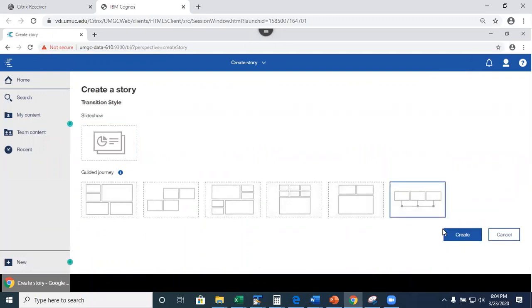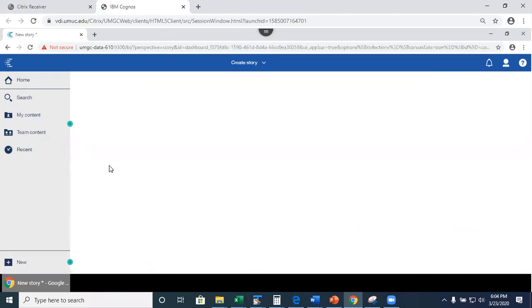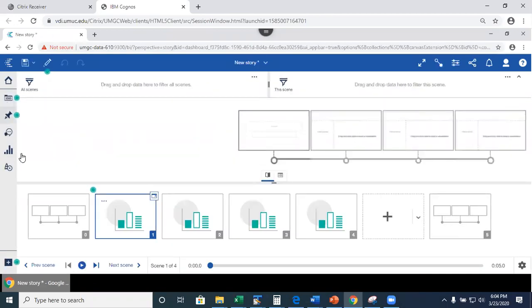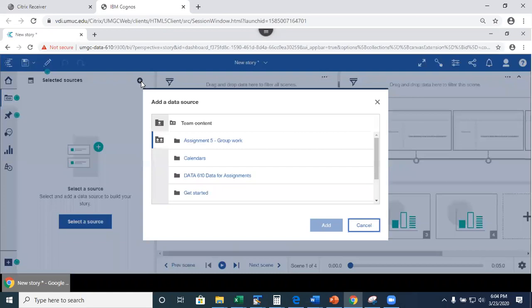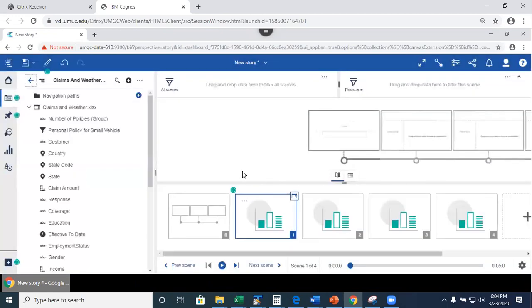Perhaps you want a guided journey. You're going to select Create. Your next step is to specify the data source, right? You're going to click here to select the data sources. Now you're going to go to your content and find the data modules that you created. You're going to click Add, and you're going to follow the same steps, and you'll be adding the visualizations to each